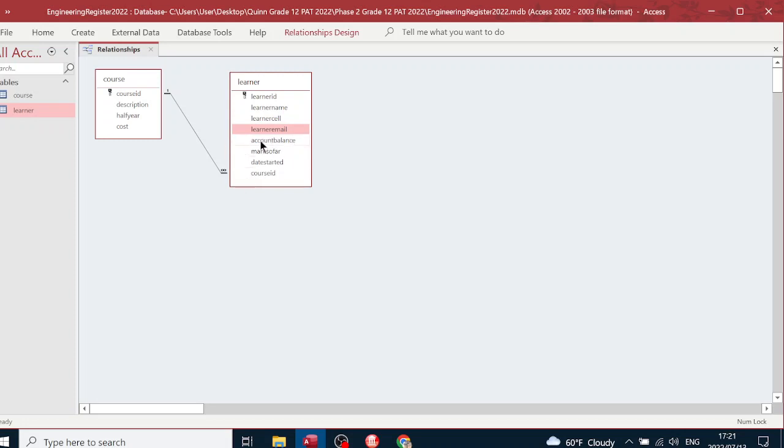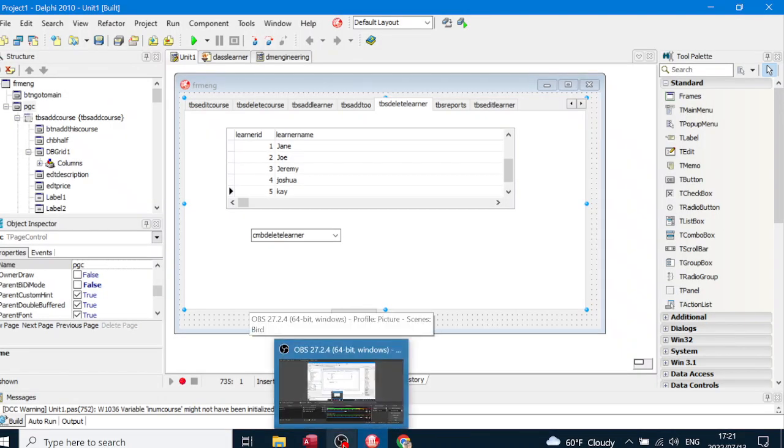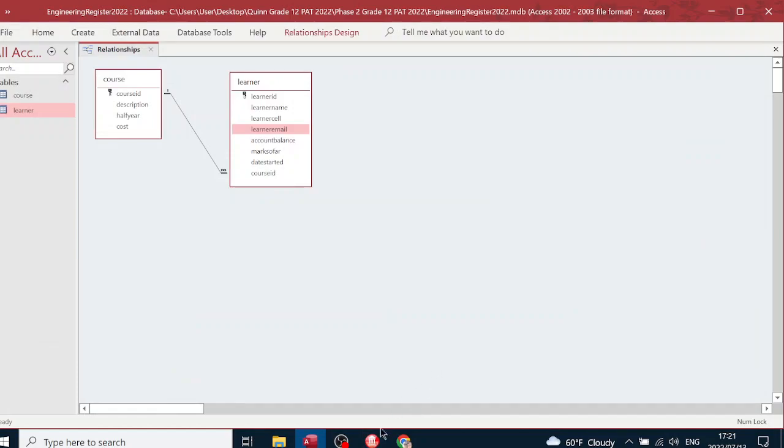Now, when we delete a learner, it's not going to affect the course table at all, so we don't have to worry about that. When we added a learner, we had to look up the course ID, but deleting, we didn't have any worries about that. So now we are going to